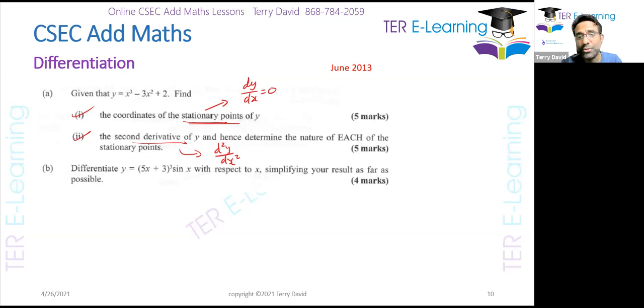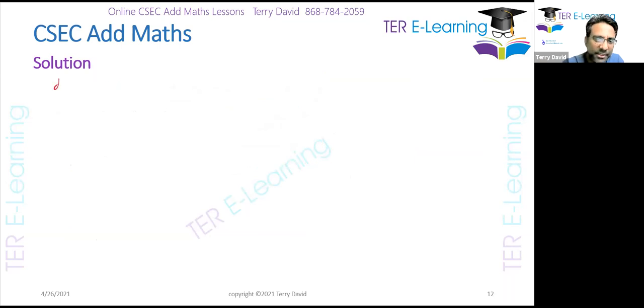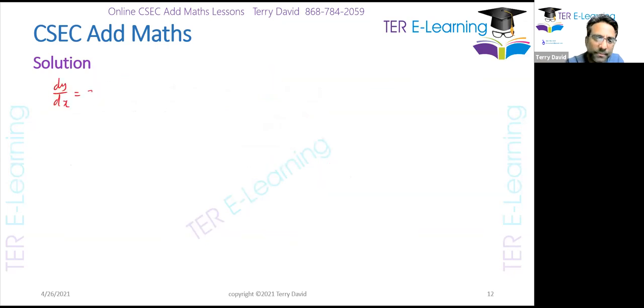So we can use d2y dx squared in order to determine if a point is a maximum, a minimum, or a point of inflection, right? Really and truly, we can determine if it's an inflection easily from d2y dx squared though. So let's see. What do we have for dy dx? 3x squared minus 6x. So we have dy dx is equal to 3x squared minus 6x,